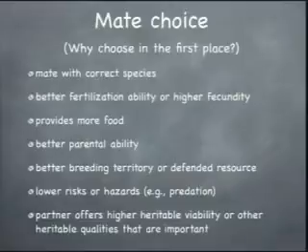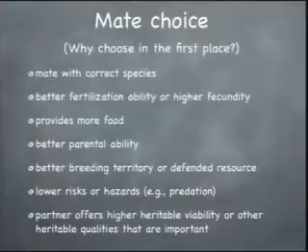So why choose in the first place? There's a large number of explanations. I already gave you two broad categories, resource-based or direct benefits, and indirect benefits. But here are some examples of the reasons. There is this issue of mating with the correct species. Mating with the wrong species is a very costly mistake. I'll discuss that later when we talk about speciation. It might be that if you're choosy, you choose a mate that has better fertilization ability or higher fecundity. It might be that your choice is influenced by what that individual can bring. You go, okay, fine, bring me food or bring some resources. A better nest, for instance.